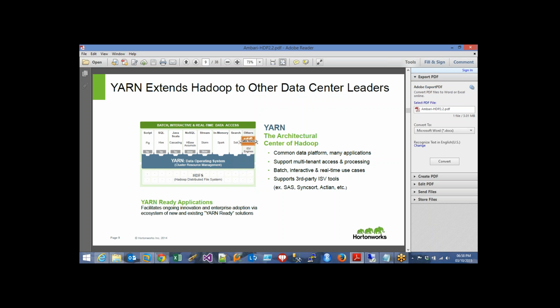So YARN also could be used to extend Hadoop to the other data center leaders. Typically, as we said, YARN is an architectural center for Hadoop, so they could have a common data platform. They could be utilized for many applications. They could have support for multi-tenant access and processing. There could be batch, interactive, and real-time use cases, and it helps to support third-party ISV tools. Typically, with the help of HDP,